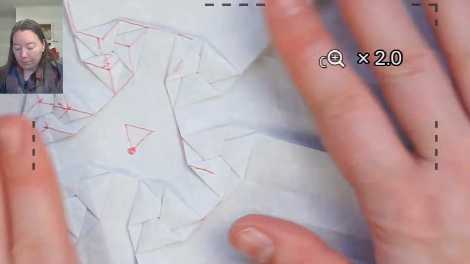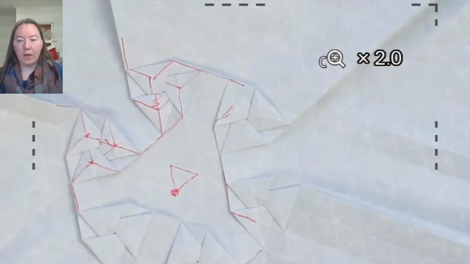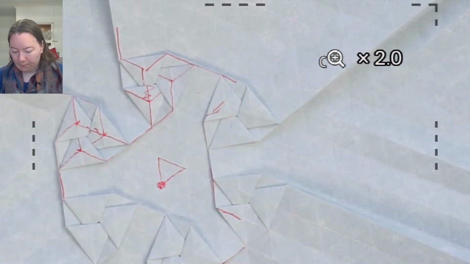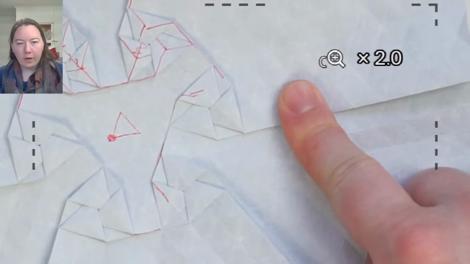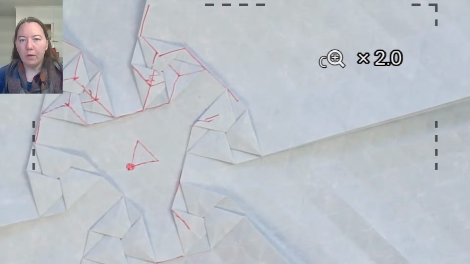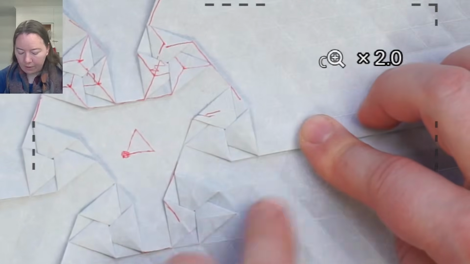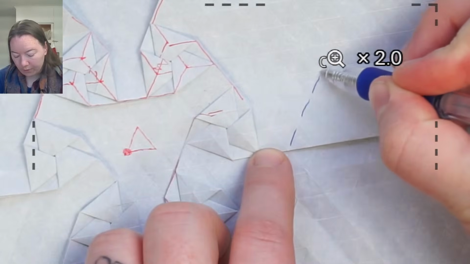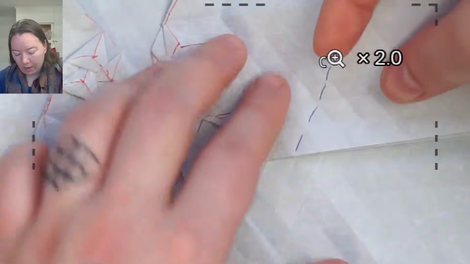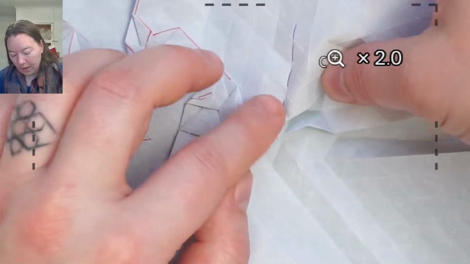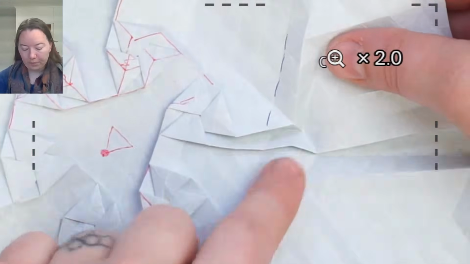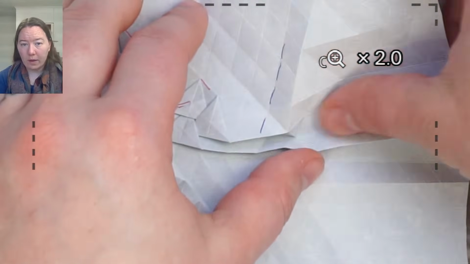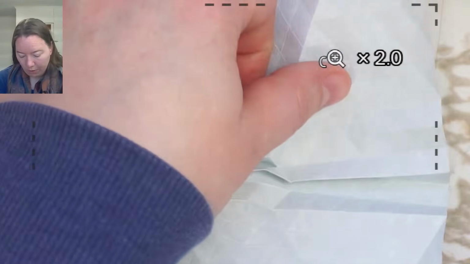So from here, let's go ahead and do another ring around the center. And I'm going to arbitrarily start here because we just finished these two. And I'm going to come one space out. That's where my first valley is going to hit. And then my mountain is one space away. It sets up that three-way intersection with the third direction going just one grid spacing and stopping at the corner